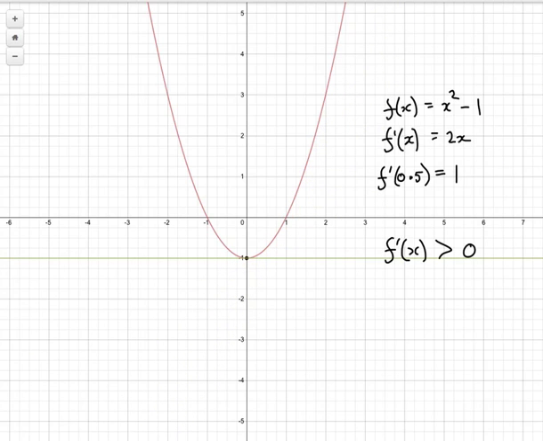At that point, it's got a gradient of 0. It's neither uphill nor downhill. But for these points, the gradient of the tangent is negative, going downhill. So asking questions, for instance, like when is f dashed of x greater than 0, we'll get an answer